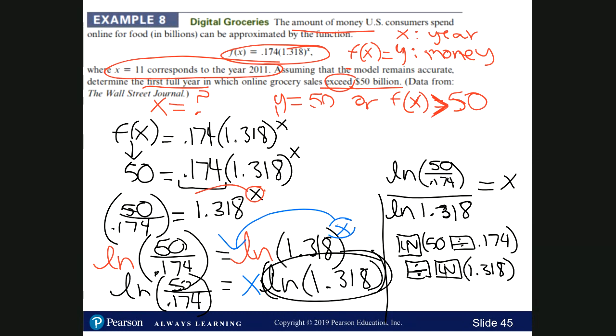And so if we enter all of that on the calculator, which I'm about to do, that will give me that x is approximately